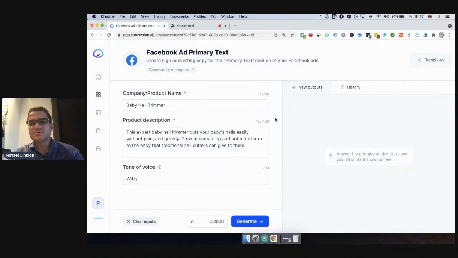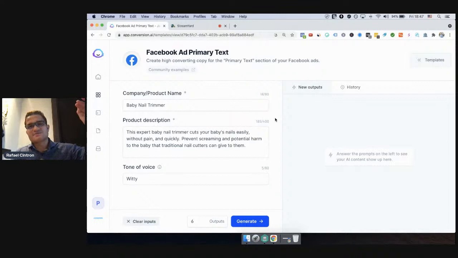And a lot of people, I think, try to say, oh, let me run 5 traffic sources at the same time. Let me run Facebook, YouTube, Google, Instagram, Pinterest, TikTok, and just see which one works. That's not what you need to be doing in the beginning. The best people that I've seen among my students do 1 traffic source, 1 winning product. Obviously, you need to test a lot of products, but it's always been 1 product, 1 traffic source that gets you